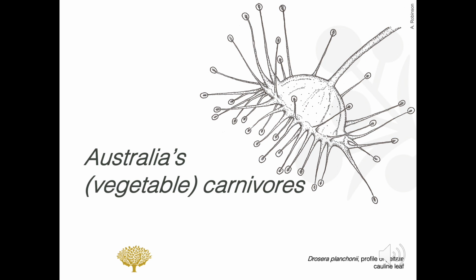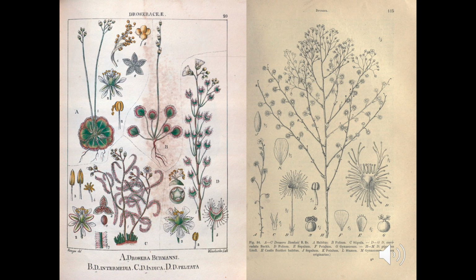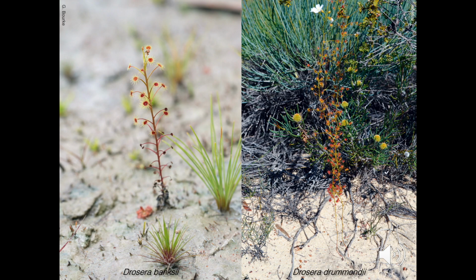Given their abundance here, they've featured prominently in the collections made by famous early botanists who worked in Australia. Specimens were sent back to Europe by Joseph Banks and Daniel Solander, who were on Captain Cook's voyage, which landed in 1770, as well as by Robert Brown, who travelled with Matthew Flinders on the Investigator, landing in 1801. Later, in the 1840s, James Drummond settled in WA. He sent back thousands of specimens to Kew and Cambridge for his colleagues William Hooker and Jules Planchon to work on, and these included many carnivorous plants. Unsurprisingly, many species bear the names of these botanical pioneers.